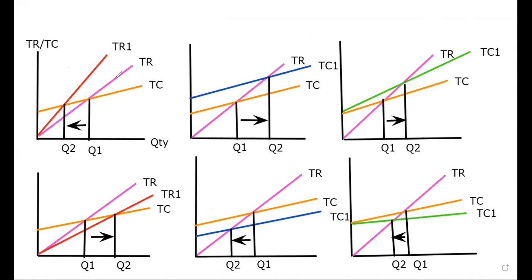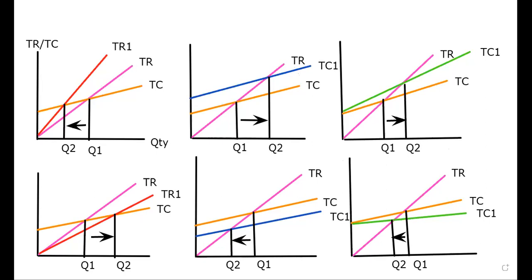Above the break-even point, total cost is always less than the revenue. You can see in every chart, above the break-even point, total cost is low because this is a profit region. In order to make a profit, the total revenue must exceed the total cost. That's why above the break-even point, total cost is always less than the total revenue. Here also total cost is low. Every chart, beyond the break-even point, total cost is low.